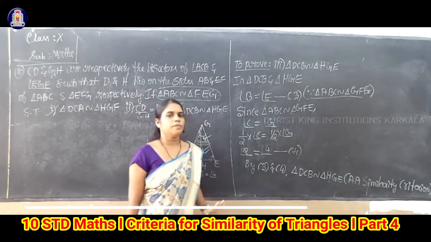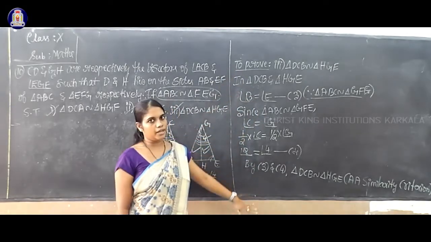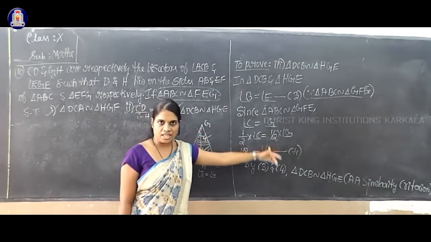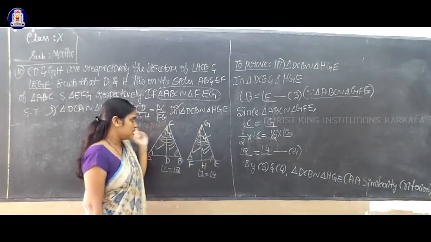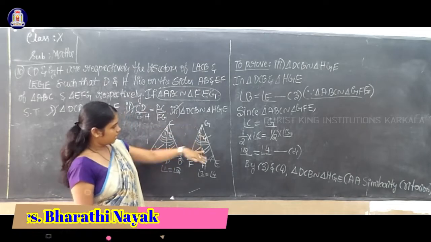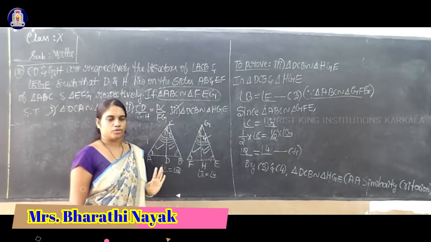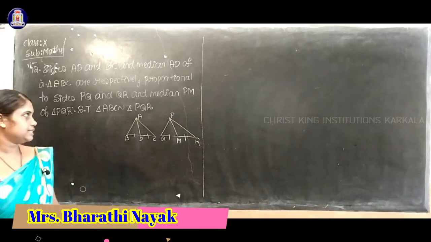Okay, simple process. If you know question number 1 properly, question number 3 you can solve in the same way. In question number 1 I want the left side part, angle 1 and angle 3. In question number 3 I want the right side part, angle 2 and angle 4. Rest all the same process. Okay, so now I'll consider the next problem.